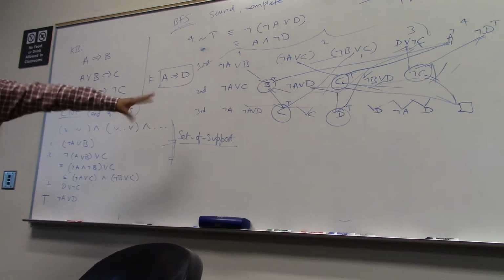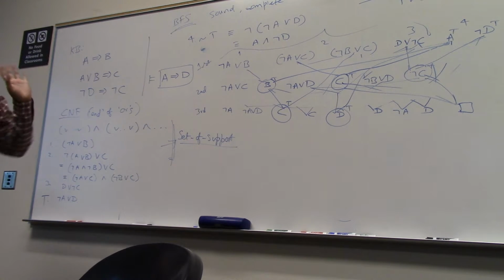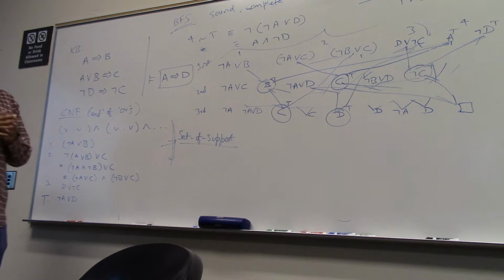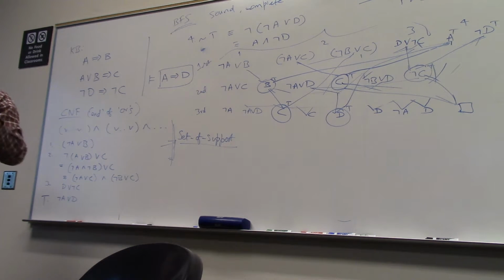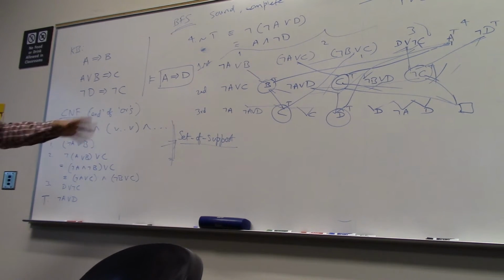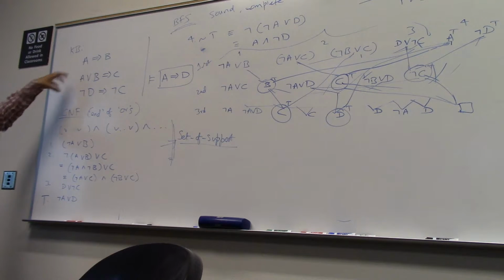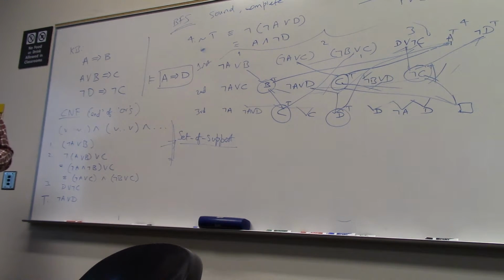The point is, whatever you are doing is correct. And if you got an empty clause, you got an empty clause. So it's correct. But the only thing is, you haven't done everything. You omitted some stuff. So this is set of support. That's where I was saying that there is a slight difference between your heuristic and this heuristic. This heuristic says that if somebody gives this information that this is consistent, then this is actually complete. Whereas yours